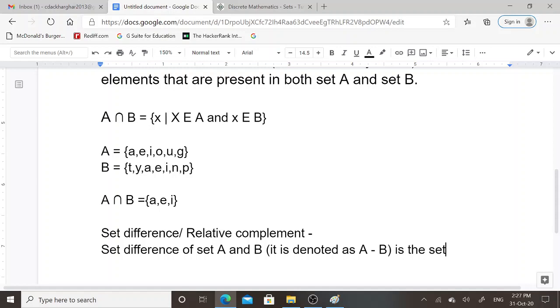It's the set of elements that are present in only set A and not in B.